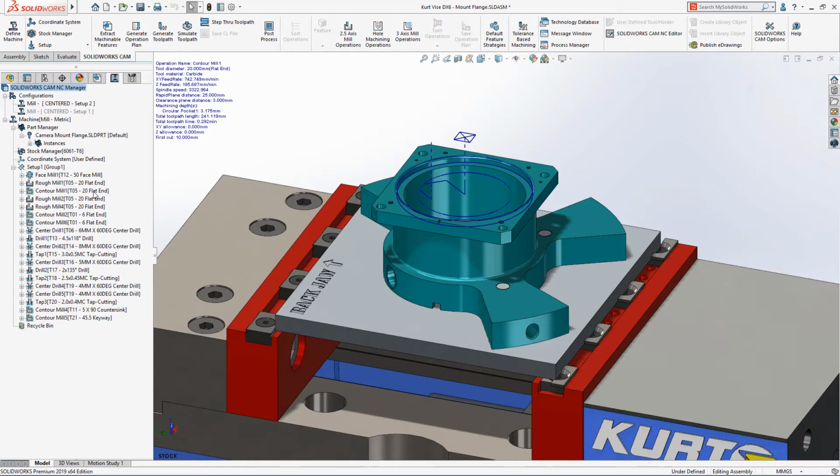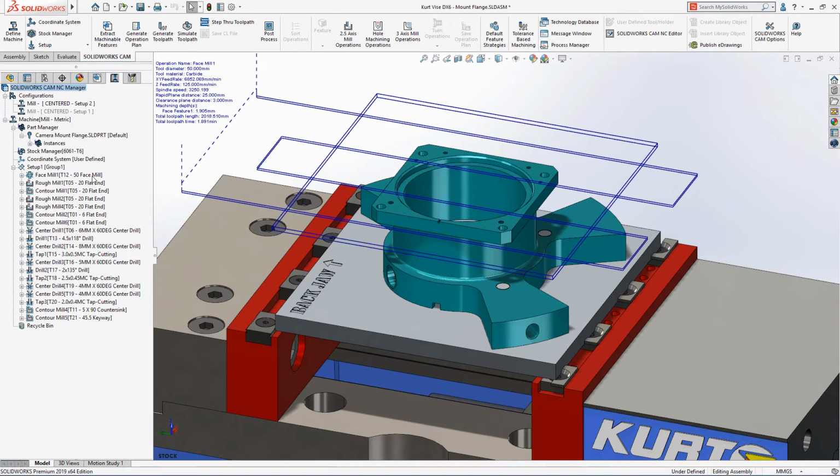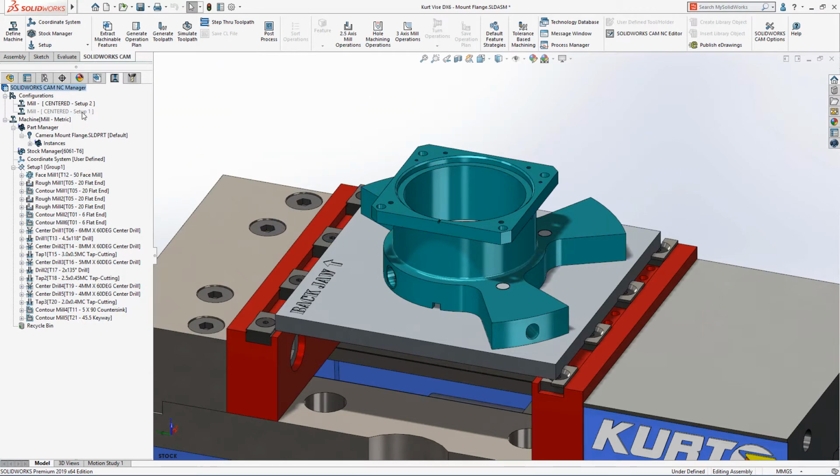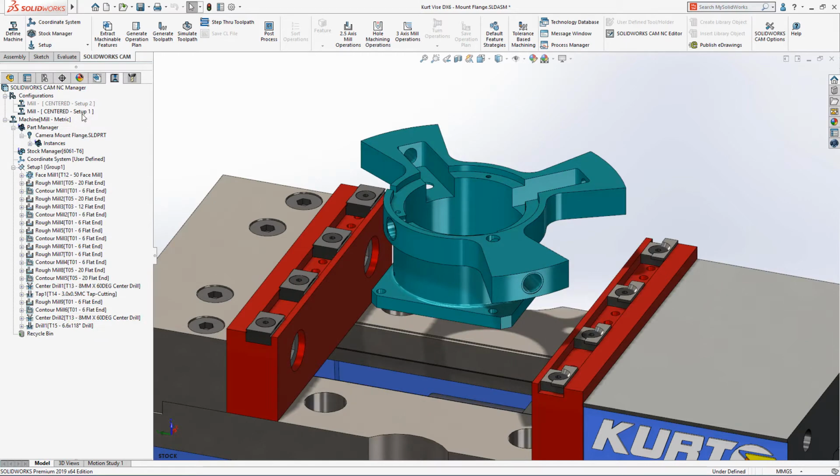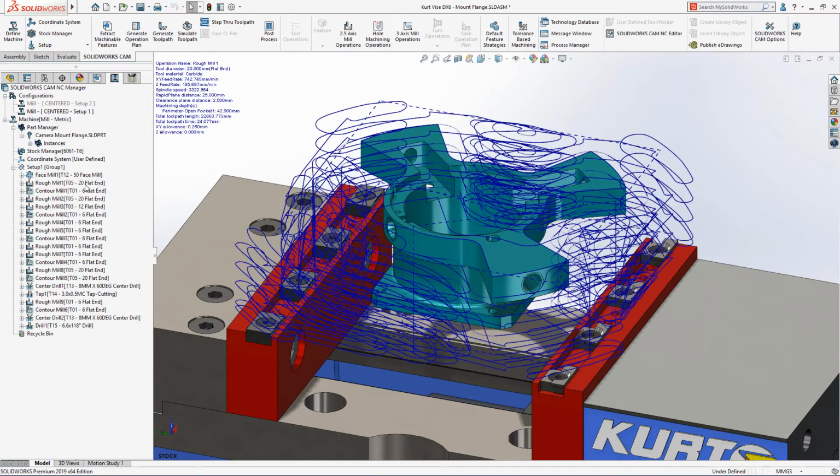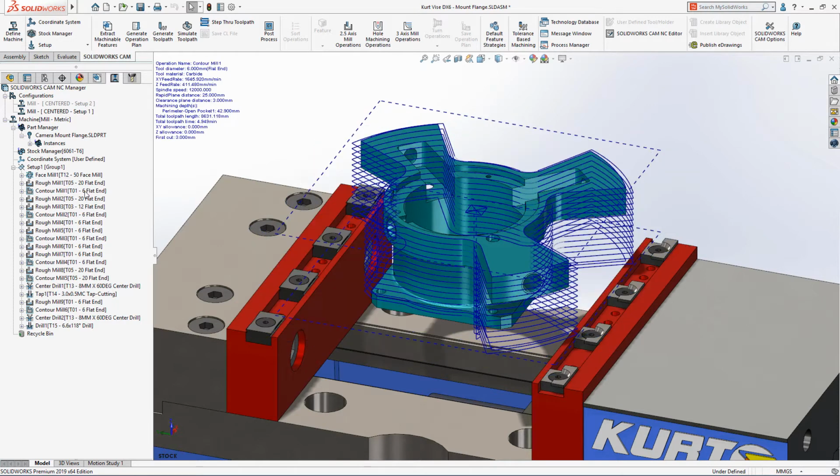part or assembly. Two configurations, each containing their own unique set of manufacturing operations, have been defined in order to machine the front and rear flanges of this camera mount part. Switching configurations to setup 1 reorientates the part and changes the operations tree to display only the operations unique to